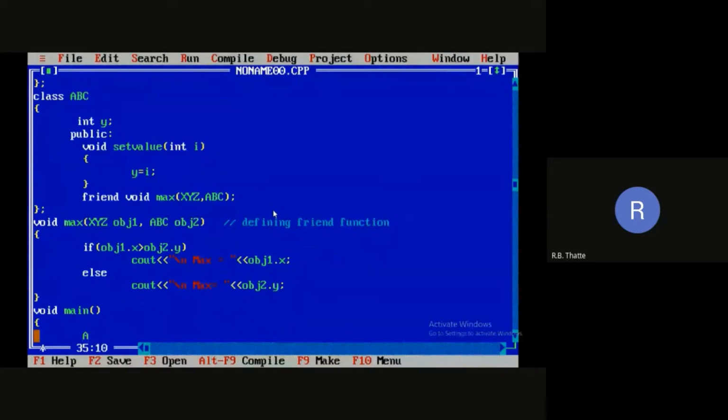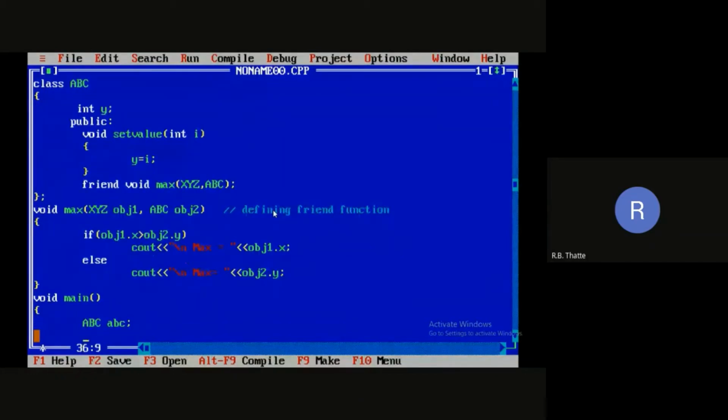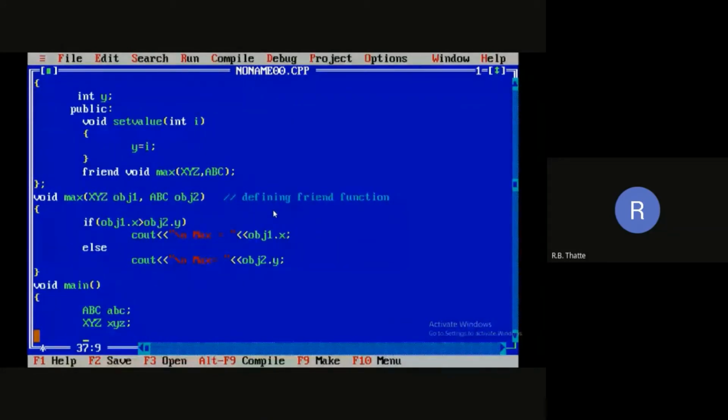So let's do this. The object of ABC I am going to create. So let us consider I am giving, say, abc in small case, because it is case sensitive. I can use small abc for the object. Both of these are different. Similarly, I can create the XYZ object. Here in small case I write xyz. You can write object 1, object 2 here also, it doesn't matter. Just to identify which objects belong to which class, the same names in small case I have taken.